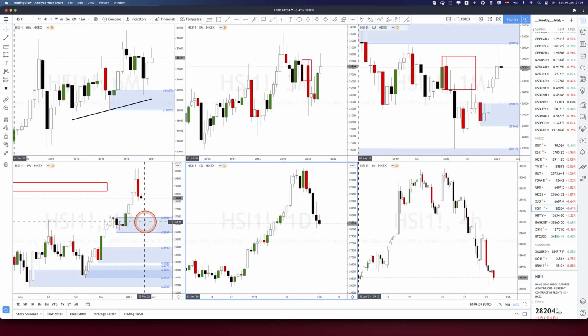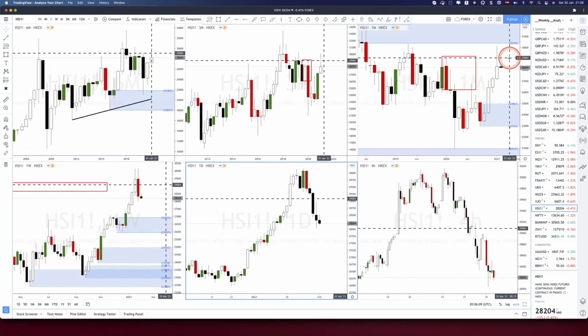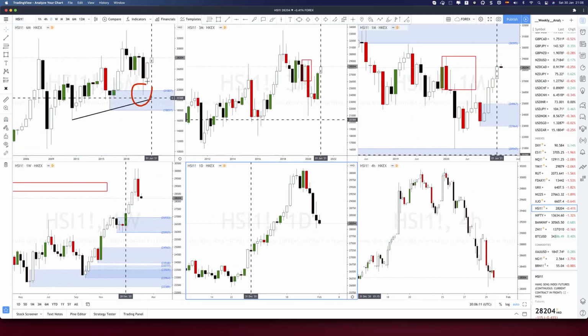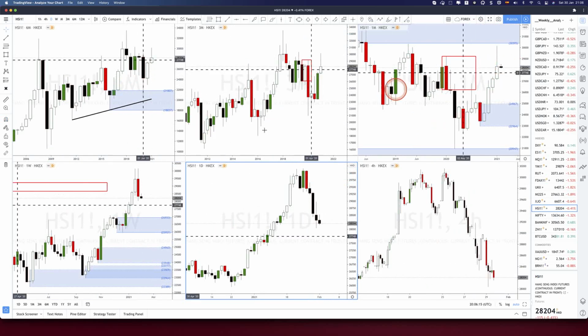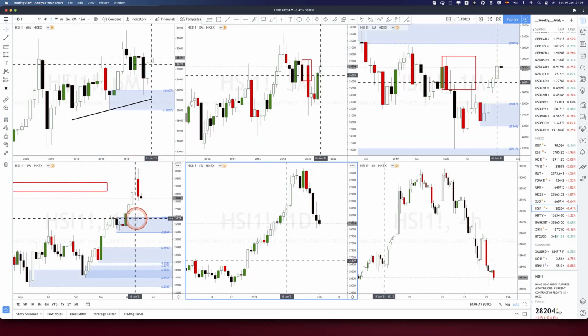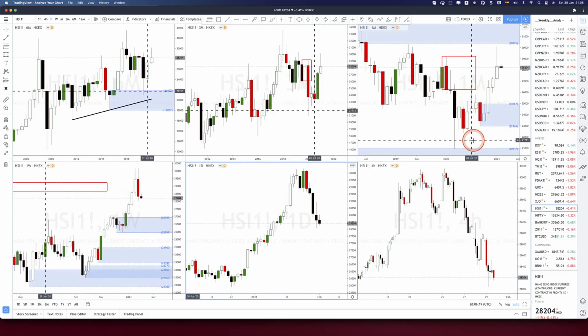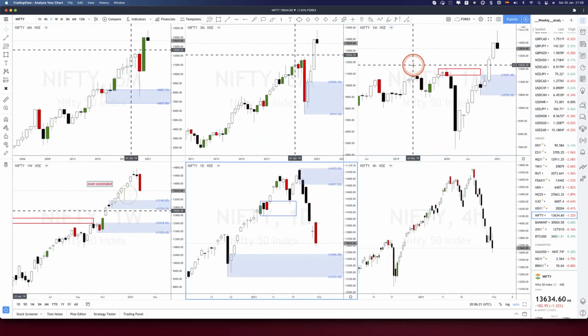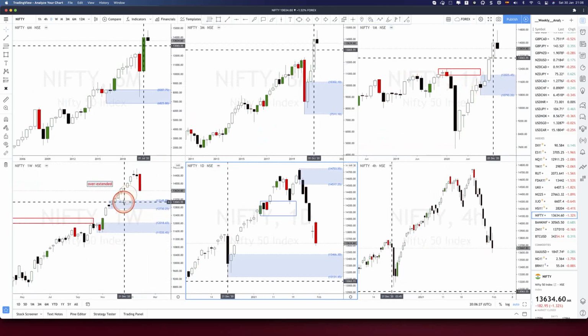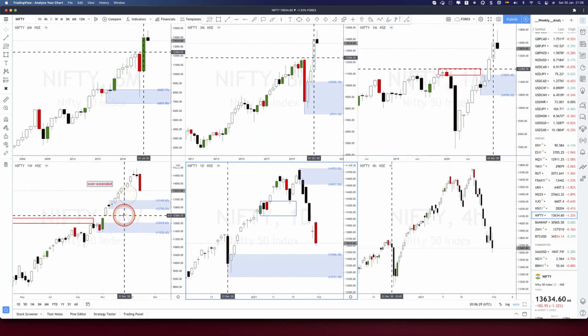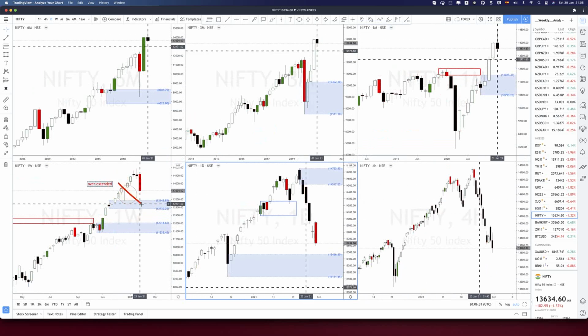Hang Seng, strong rally, monthly is in an uptrend with the 6 months area of demand being in control. It's trying to lose a little bit of steam. We've got a bearish engulfing pattern, longs at weekly and monthly areas of demand. On the Nifty index, Nifty 50, Indian index, longs at monthly area demand. These weekly area demands in control, but we've got overextension, so no longs over there.